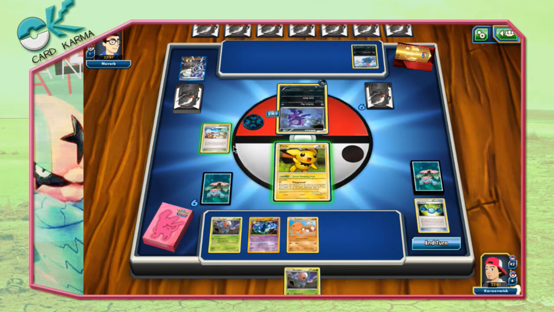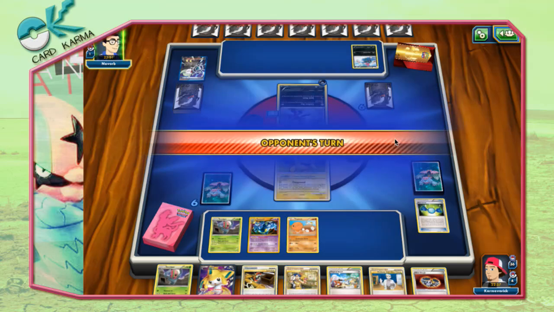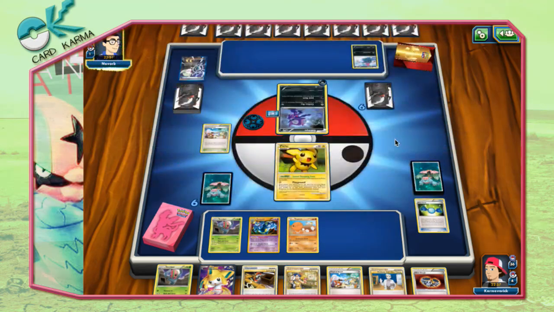I guess I just say Pichu up front. He's the most expendable. And right now he's not even really threatening an attack, so...